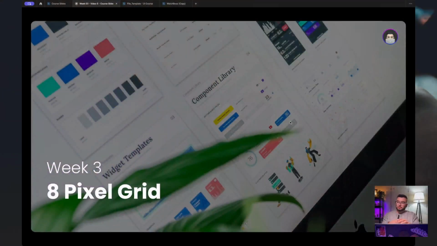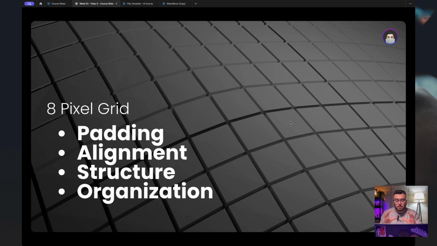One other technique that I use a lot on my designs, and it is very disseminated across the industry, is the 8 pixel grid or 8 pixel rule, or there's other names for it. It's how you keep all your screens consistent, because it's based on very simple math to organize your paddings, your alignments, and again helps with the structure, helps with the organization,